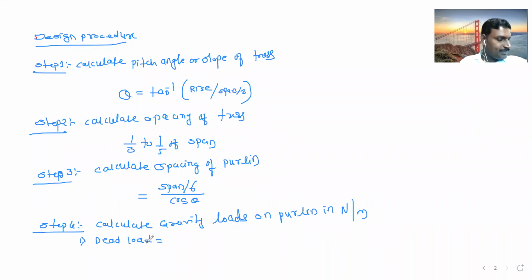Dead load is equal to total dead load. So total dead load, where have we calculated it? We calculated the total dead load, live load, and wind load in Newton while designing the roof truss. After designing the roof truss, we have to design the purlin. That's why we are solving this problem after that. So total dead load into